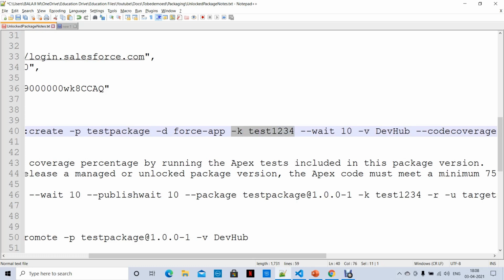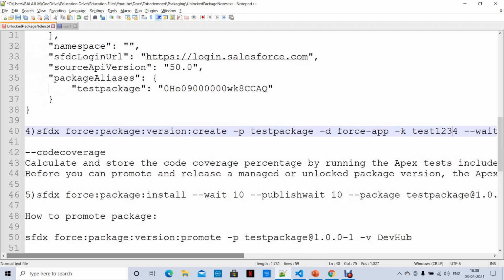K represents the key of this package version. While installing this package version, it asks you to enter this key as a password if you are installing this application from the user interface. Otherwise you can install the same from the command also.